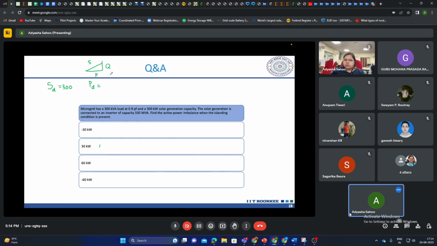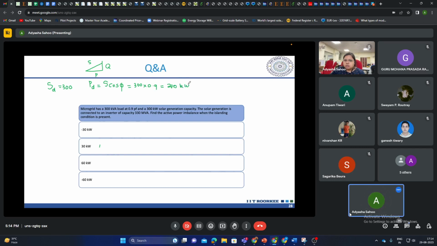From here, you can get P as S cos phi, and this cos phi is your power factor, which is given as 0.9. So basically 300 times 0.9 gives us 270